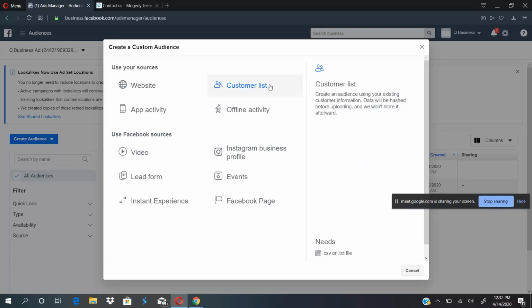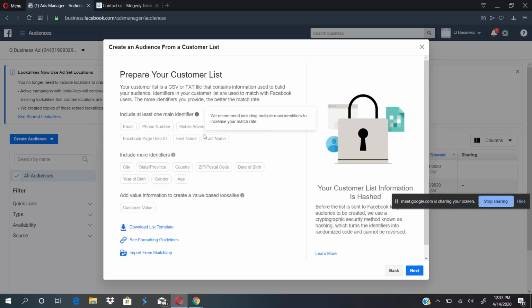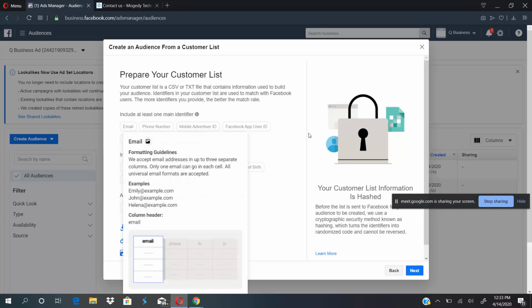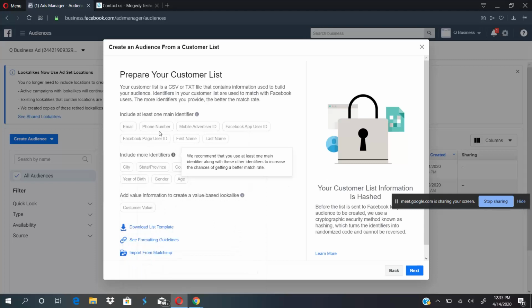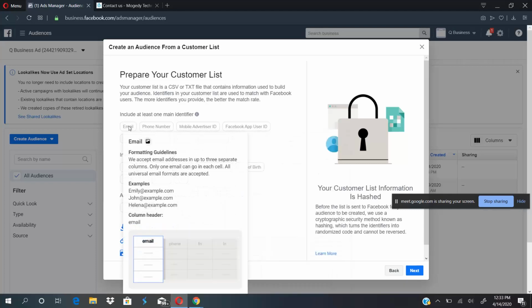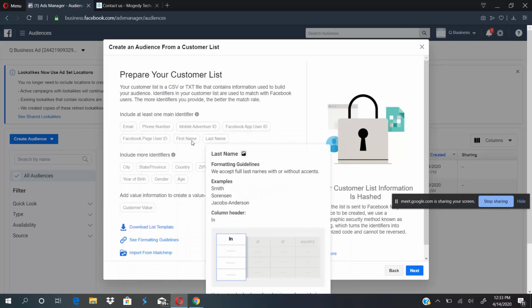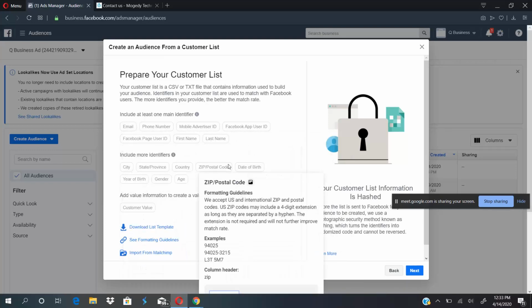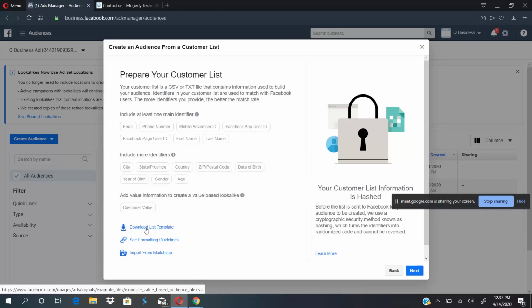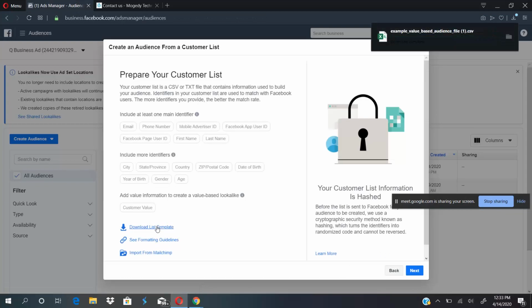So that's like you have your own list, maybe offline, you want to upload. This one shows the different fields that are required. So we have the name, phone number, if you have all this. And then there's a city, country code. You can download the list templates here. If I click here now, let's see what happens. I just clicked and it's showing us